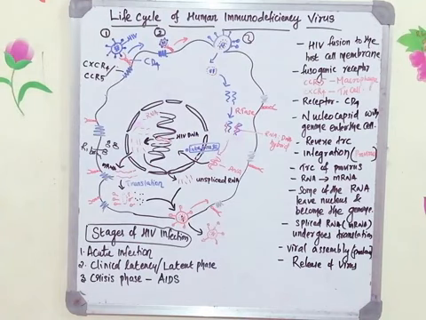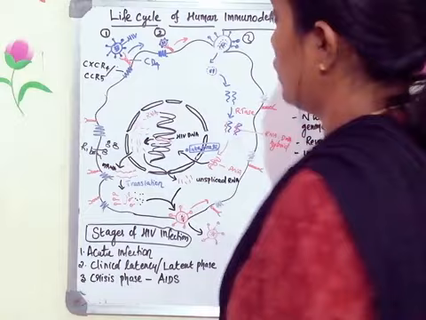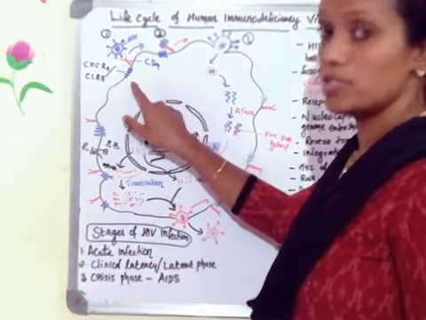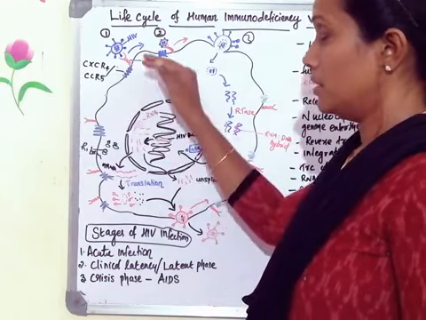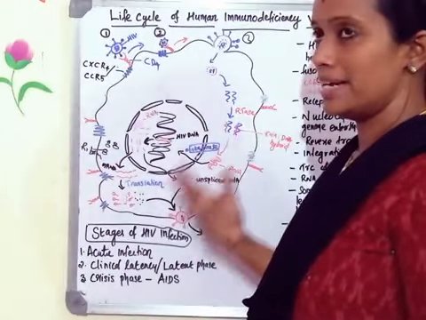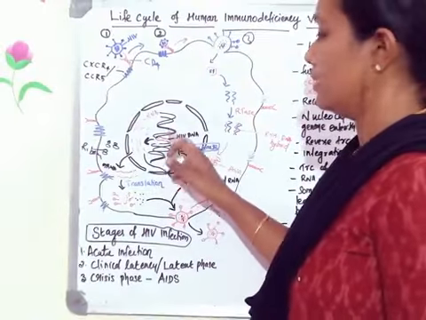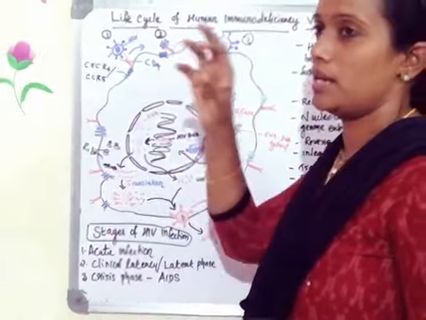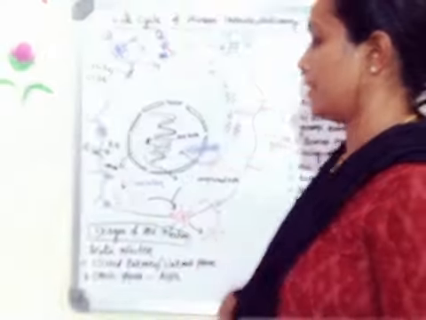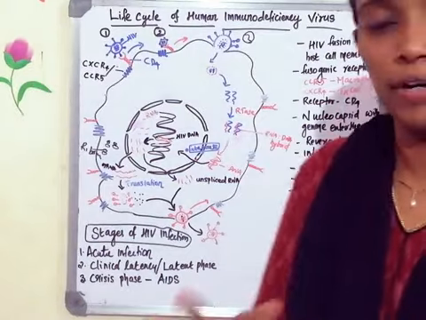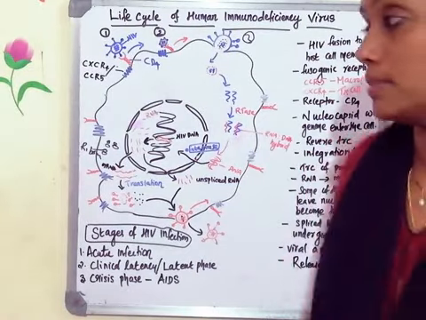Now there are different types of treatments we'll be discussing in the coming classes. One of the major treatments they are using now is targeting this fusogenic receptor, so that the fusion and integration won't happen, and there are many medicines which will block the RNA integration and all those things, because they can cleave the RNA. Similar drugs are used for treating COVID-19 also, because COVID-19 is also an RNA virus.